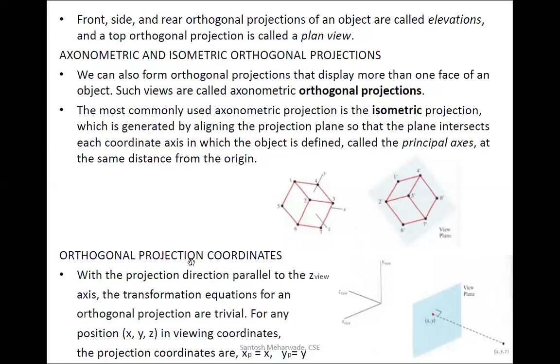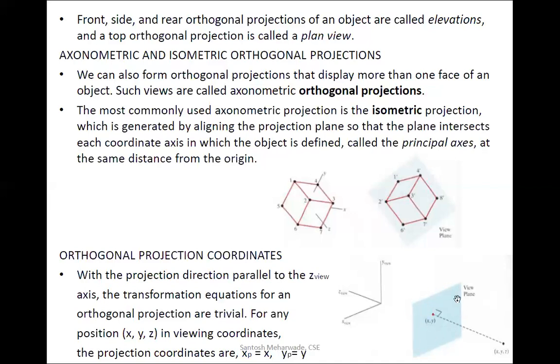Next, orthogonal projection coordinates. Here this is the viewer, and here the projection plane or the view plane, and here the actual object point. You can take it that the camera or the viewer is here. Whenever the image of that object comes towards the viewer, that image will be bounded on this view plane.